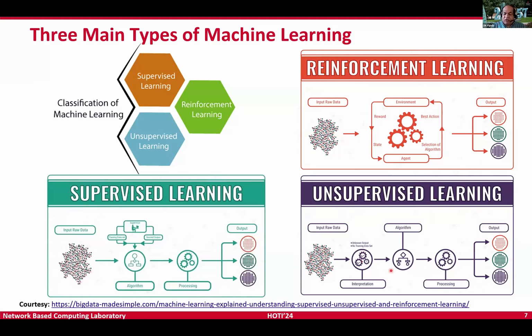Then of course people moved to unsupervised learning. Here the idea is to try to eliminate the human in the loop. Based on the interpretation, the processing, and the algorithm, it can itself build up the model, and the inferencing remains the same. And of course, a lot of progress has happened in recent years in terms of reinforcement learning. So you are not only trying to develop this model, but the agent is also trying to provide some kind of feedback, and based on that, you keep on doing the reinforcement and have better and better models.